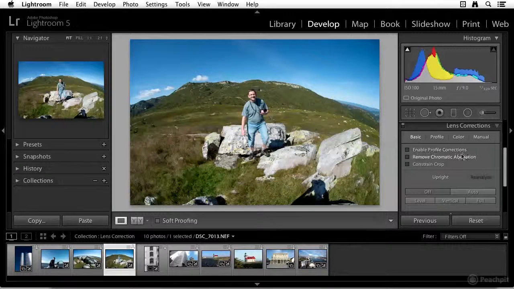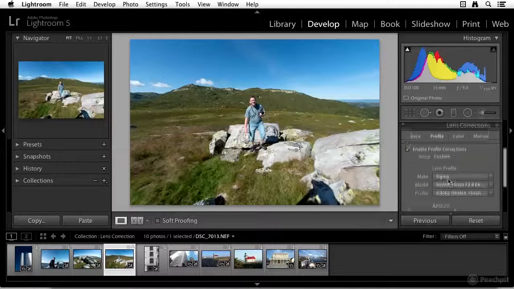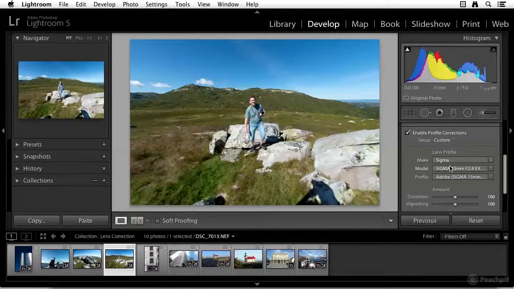Enable Profile Corrections. This is familiar to those of you who have used earlier versions of Lightroom. Lightroom 4 had this Enable Profile Corrections as well. And what this does, when I select it, you can see it will actually apply a profile correction to this particular lens. And I know which profile that's being used by selecting profile, and it shows me here, it knows from the EXIF data that this is a Sigma 15 millimeter, and it will then apply a profile that it